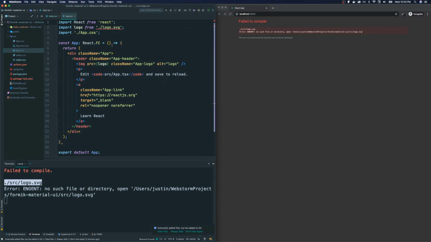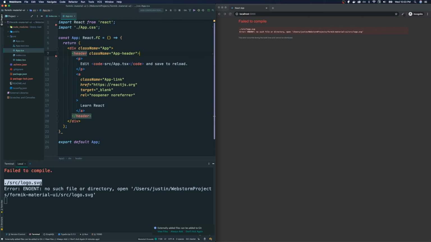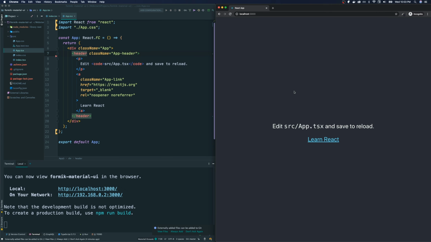I'm on my app.tsx. We no longer have this import because this logo because we deleted it. So let's get rid of that import. And we don't need this image because we don't have the image anymore. And now we are left with this. Okay, so from here, I'm gonna clean it up a little bit more, but I'm gonna do something a little